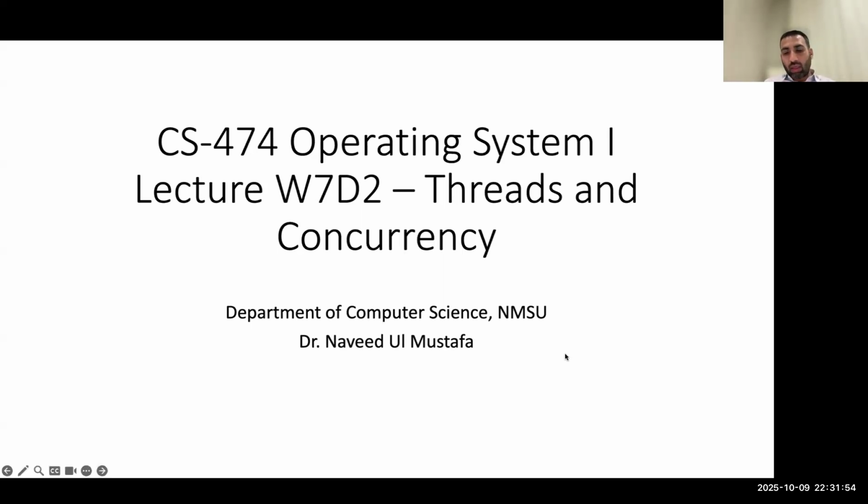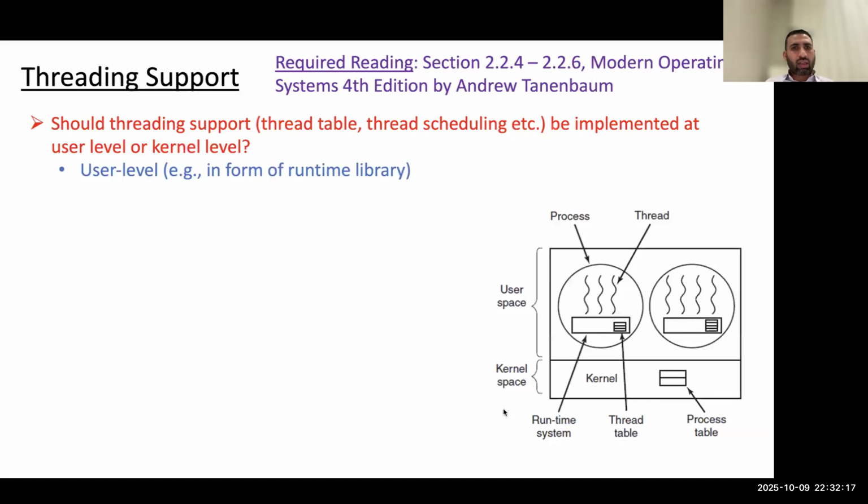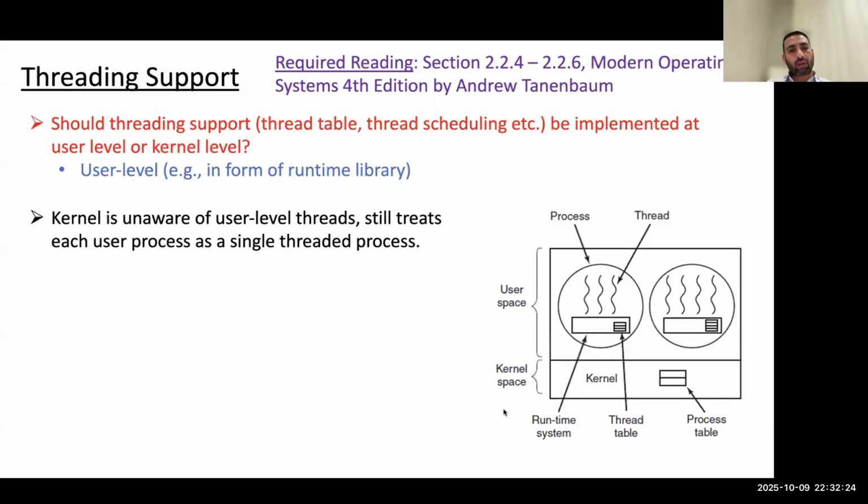So last time we were talking about threads and how the threading support is implemented. We said threading support can be implemented possibly in two ways. Either you can implement threading support at the user level or the kernel level. And then we were basically talking about how the threading support is implemented at user level, right? We had seen these slides where we said that if you implement the threading support at user level, it is basically implemented in the form of a runtime library because it then provides you